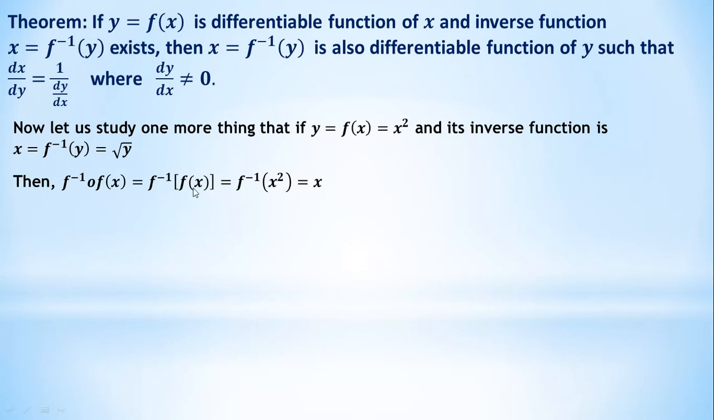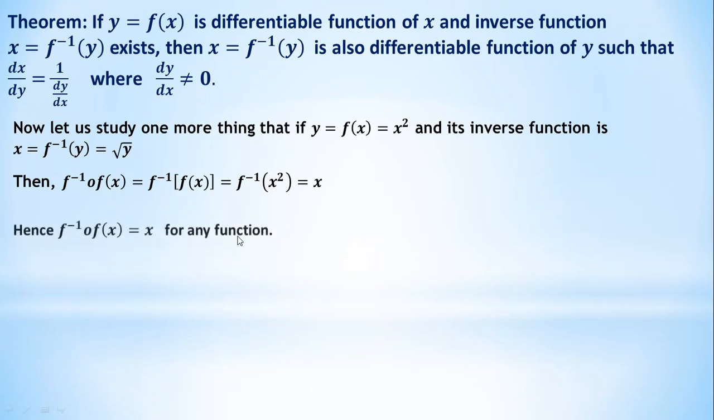to f inverse. What is f of x? F of x is x square. Now f inverse of x square, see, f inverse of y is root y. So f inverse of x square is root of x square, and root of x square is x. So in short, the composite function of f inverse and f of x is always